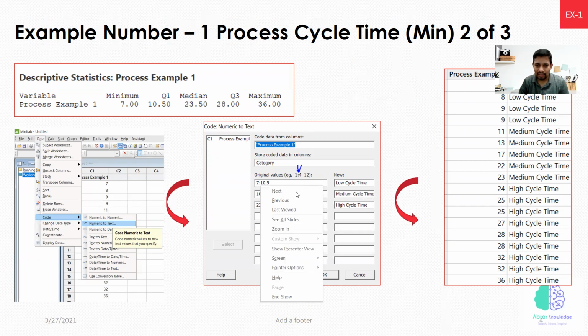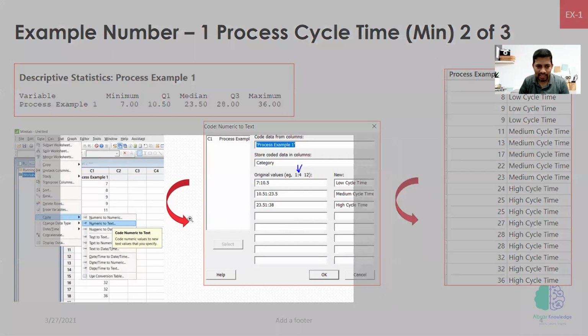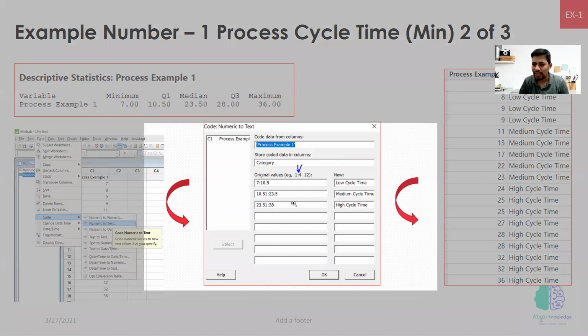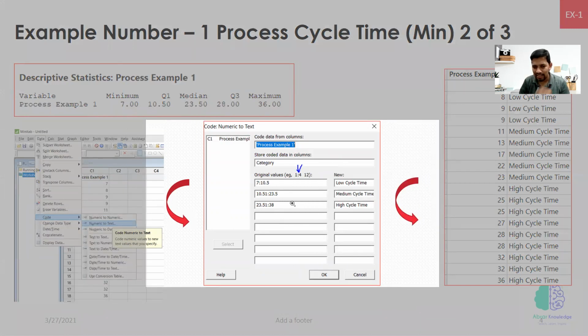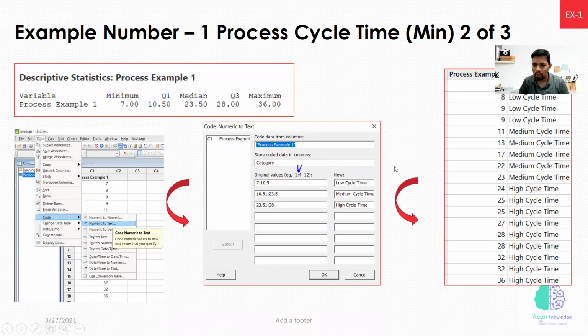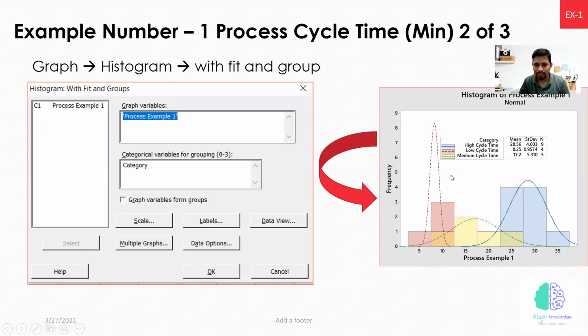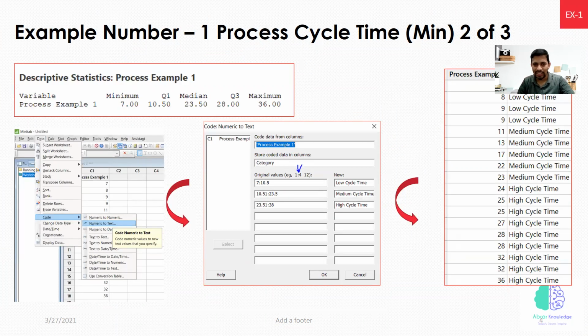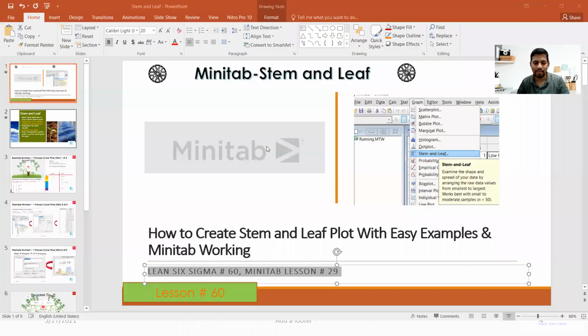For example, a very, very important point: let's say I'm trying to convert this data into a discrete description. So what I have to do is 1:4, right? That means the data is between 1 to 4. That's what it indicates. We'll talk more about it. And this is the description. And you can also pick up the graph and all that. So let me go directly into Minitab and explain from the very beginning step.